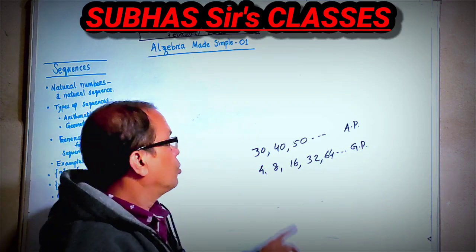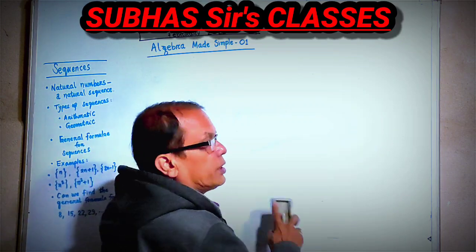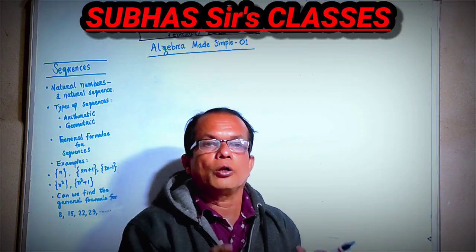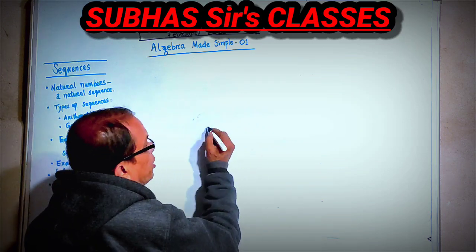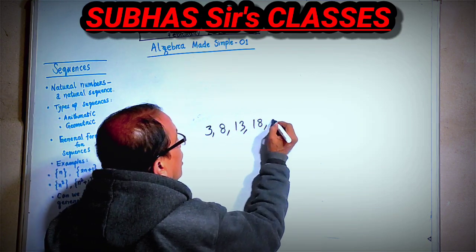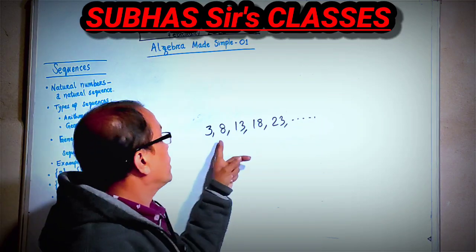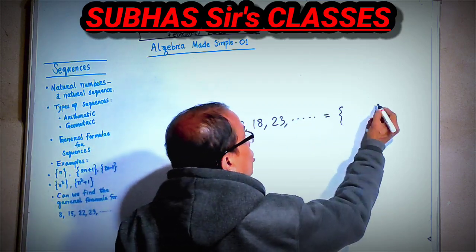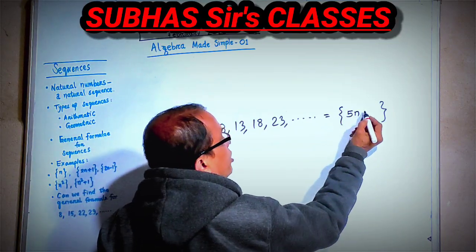In the coming classes, we shall go into details of AP and GP, but in this class we are trying to find what a sequence is, how the sequence is created, how it progresses ahead, and what is the basic formula behind any sequence. So if you are given, say, 3, 8, 13, 18 and 23, you can reason the next term: it is adding 5 each time. So clearly, if you try to find the sequence, what would it be? It would be 5n, because every time you add 5.